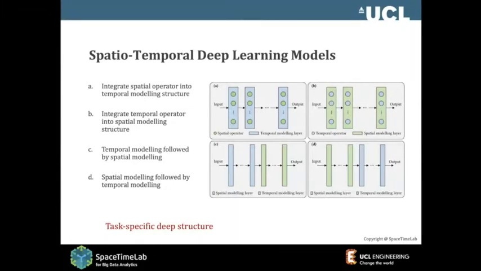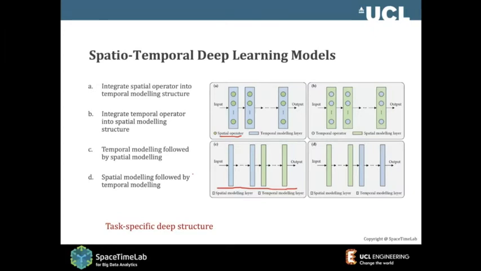So how do we put them into spatial-temporal learning? There are actually several ways. One of them, depending on the nature of the process, like transport, where we think the temporal domain is very strong, is that you could put these spatial operators into the temporal modeling layer, or the other way around. Another way could be a completely hybrid approach, like what we're showing here. You can first do spatial layers, and later on do temporal layers. So there are different approaches you can take, okay?